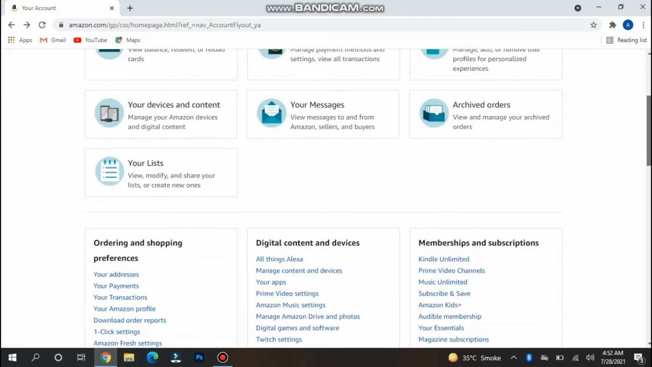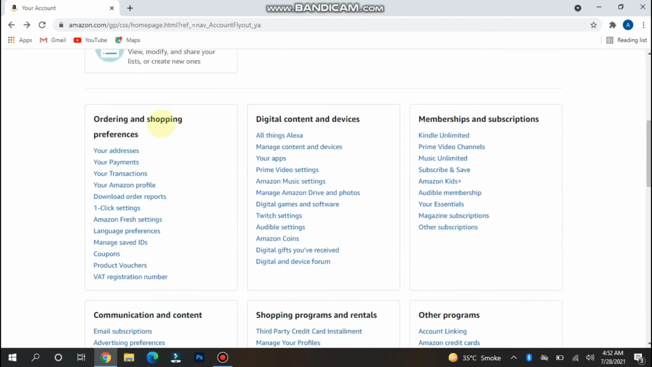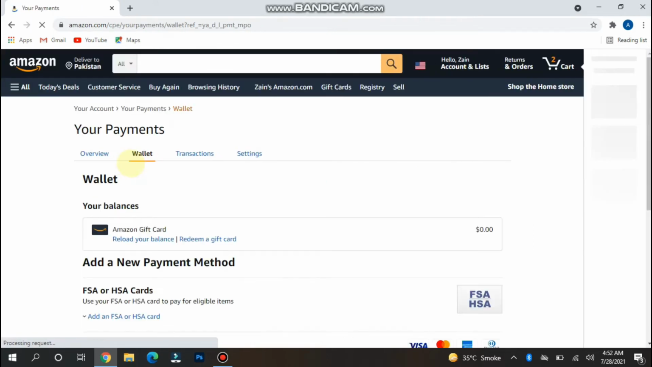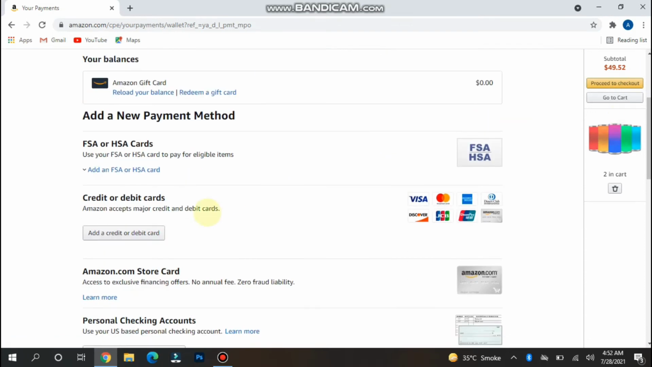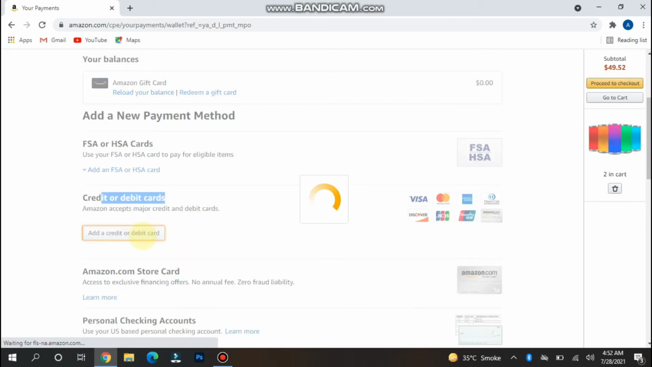Now scroll down, and in the Ordering and Shopping Preferences section you will see Your Payments. Simply tap on it, and now you have to scroll down, and here you will see the Add a credit or debit card option. Click on it,